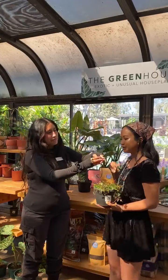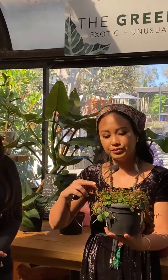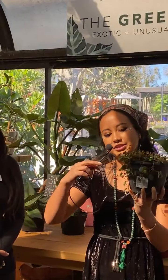Alright, so I want to share with you this new and fun and exciting one. This is called a peperomia pepper spot. It's actually one of the more rare types of peperomia that we have. So there's over 1,000 peperomia varieties. And this one we just got in. It has this beautiful green, lush, shiny leaves with this little red tinge stems. It's a really trailing plant, very easy to take care of, really good for beginners that are just getting into